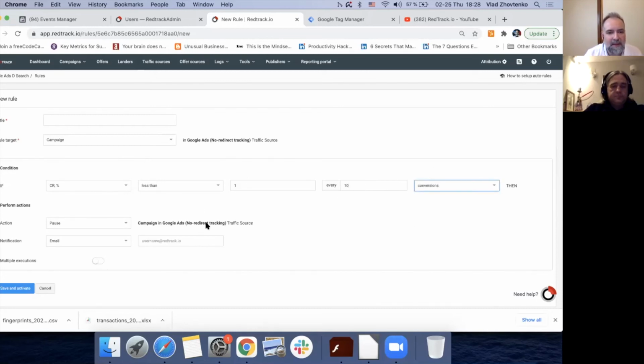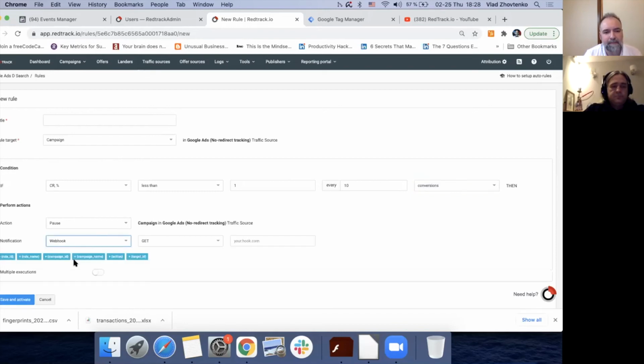Then you can pause the campaign in Google Ads and send a webhook to Slack with some additional information about the campaign. Or if, for example, a particular placement is not working, then you can blacklist the placement or just send yourself a notification. And between all the different settings we have, you can get alerts for all the key changes in your account automatically.